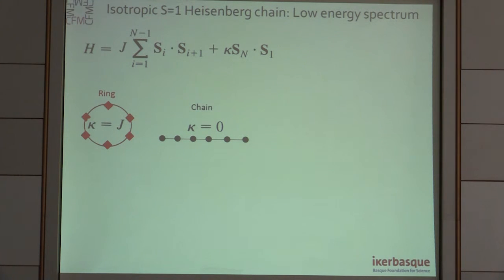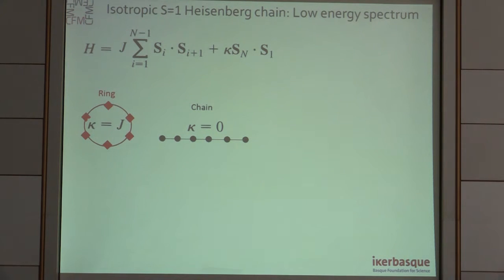Here we have the Heisenberg model for such a spin 1 system, where I add this additional term that corresponds to the interaction between the first and the last atom of the chain. So one can go between the open chain boundary condition and the ring or periodic boundary conditions just by